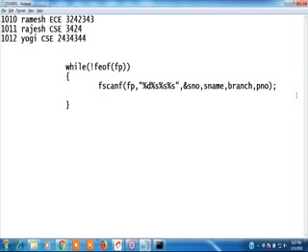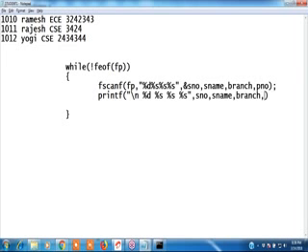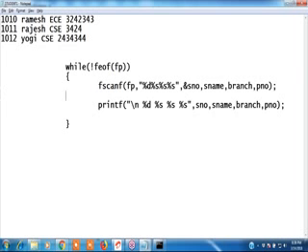Whenever you get these values, print them. Reading into variables and printing them. We can print them on the next line with printf, using backslash n and %d, %s, %s, %s, to print the student number, student name, branch and phone number. We need to print them. This is reading and printing.